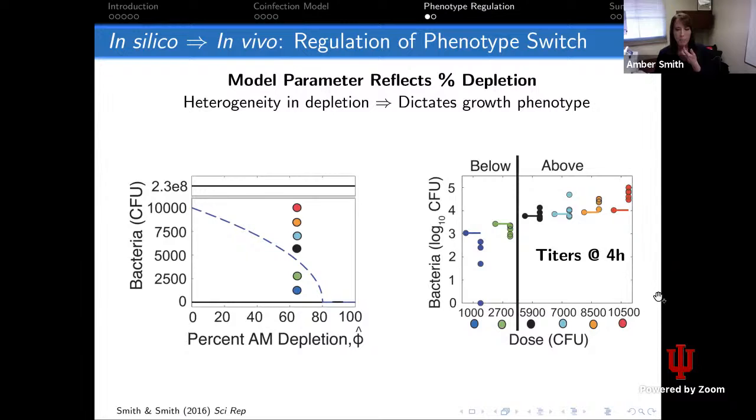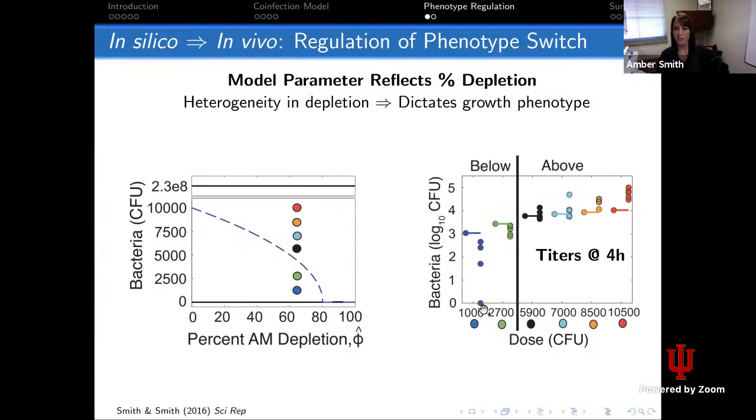So we went back into the lab and tested whether or not this was true and whether or not we actually had this curve right. And we did a handful of experiments. This is showing one of them where we took the same amount of depletion, but at different doses. And you can see within 4 hours, this is a really short mechanism, but within 4 hours,